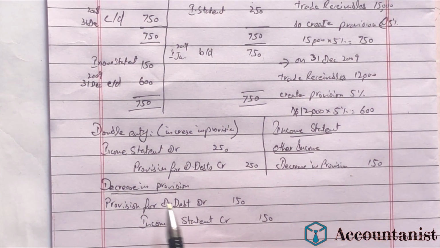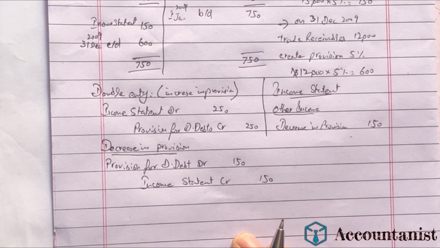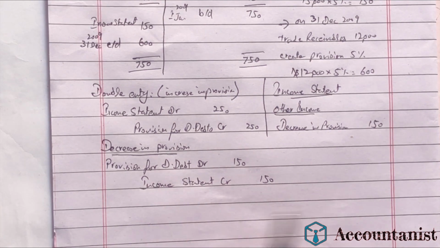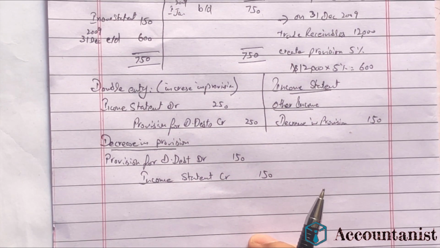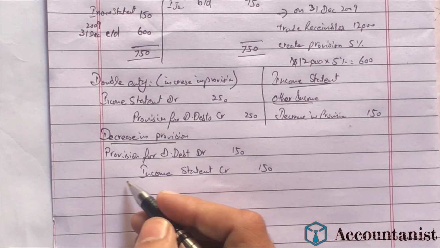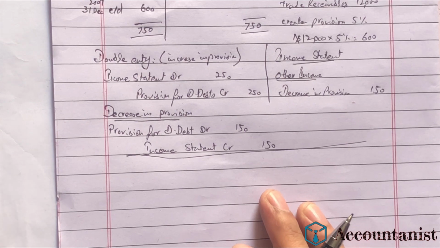So this is another thing that the examiner can ask us to perform in the exam. They might ask us to record the double entries of the increase in provision and decrease in provision. So the next thing is the presentation in the SOFP. I'm going to write it down here for you. So in the statement of financial position,